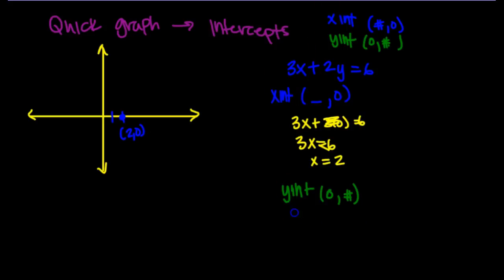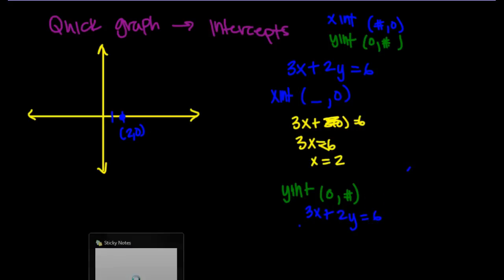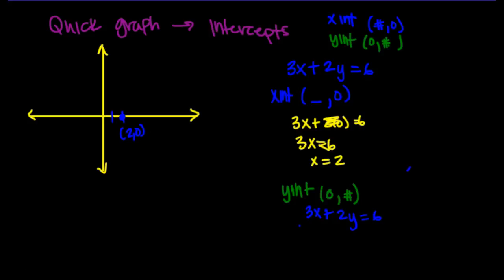All right, so 3x plus 2y equals 6. Okay, so we will plug in 0 for x. Where there's an x here, I'm going to put a 0, and we're going to solve it for y. So 3 times 0 plus 2y